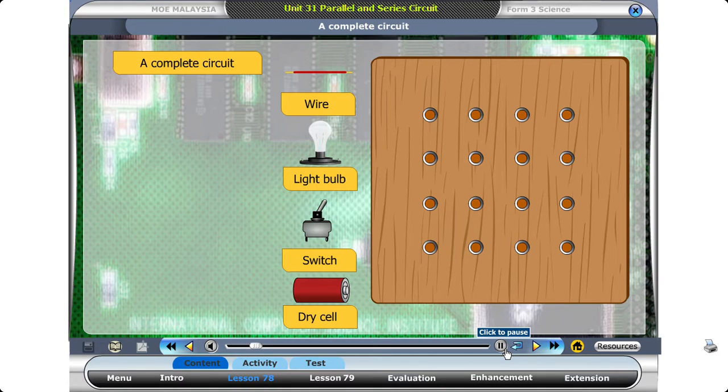Let's build a complete circuit. Drag and drop the dry cell, the connecting wires, and the electrical components onto the circuit board so that they are connected to one another in a loop. Then,